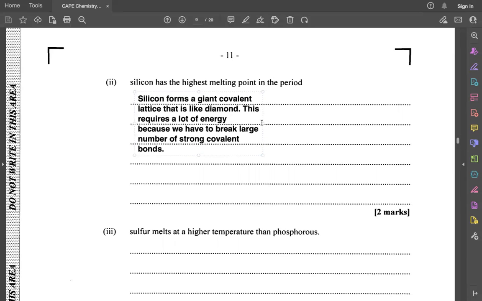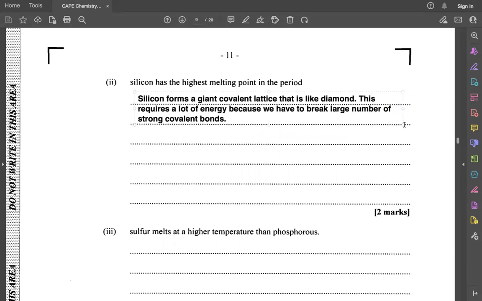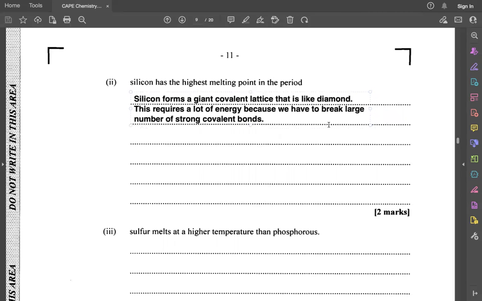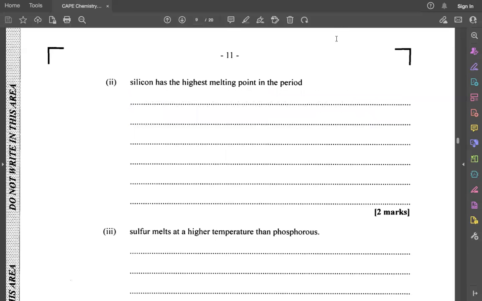Right? So that's a huge distinction here, and we could say that, and that should suffice as to why it has the highest melting point, right? So it forms a giant covalent lattice that is like diamond, and it requires a lot of energy because we have to break the large number of strong metallic bonds, and this results in it having the highest melting point in the period, okay? So then moving along,